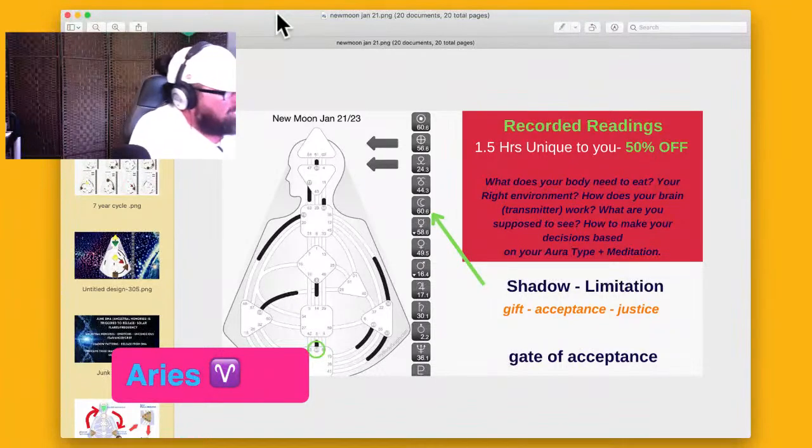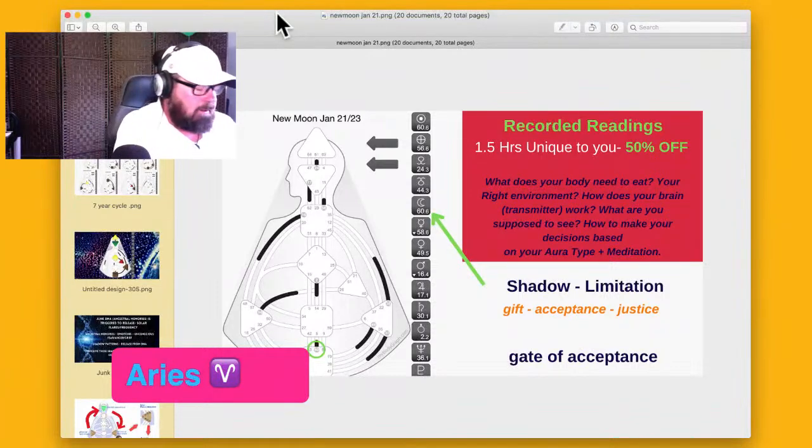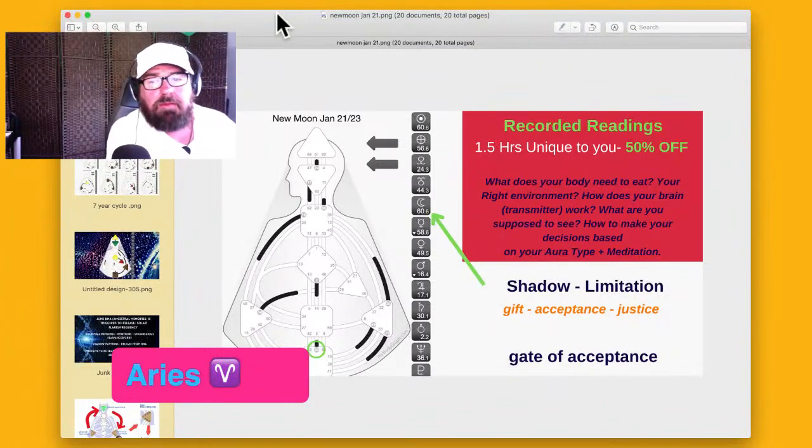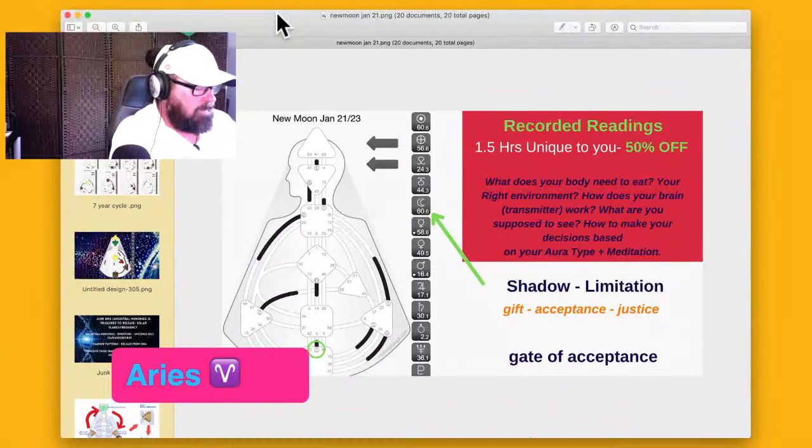Okay, Aries. 12, 11, 10. Oh, it's in the 10th house, of course. Let's do some cards for Aries. So Aries rising, moon or sun, 60. And for the new moon, and this will be no surprise to anybody, Pluto's been in there since 2008.